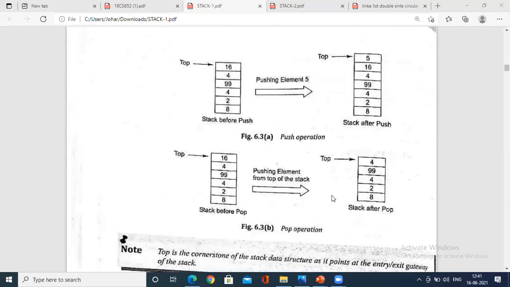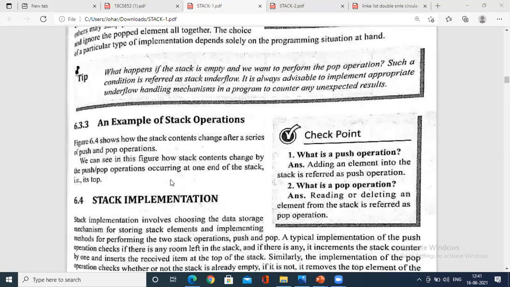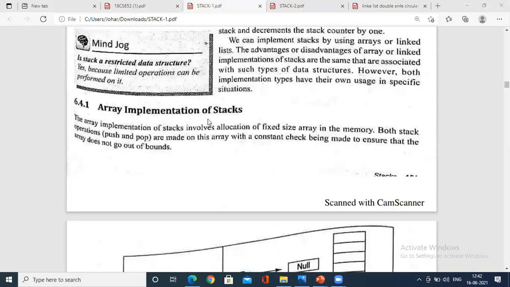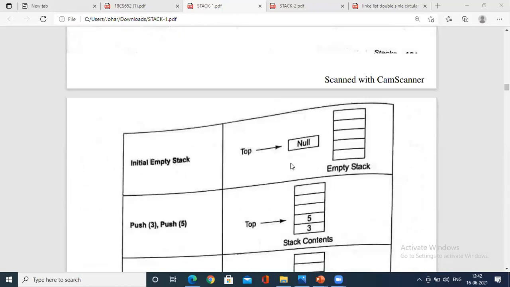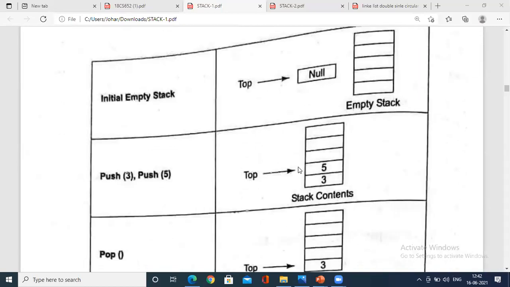So we have seen push operation and pop operation. Stack implementation using an array has been shown to you. How do you represent top at the beginning when the stack is empty? Top equals -1, right? You have to mention that top is representing the base, at the value -1. When you insert something, the top will become 0, then 1, then 2, then 3, 4. So 5 is the maximum stack size.